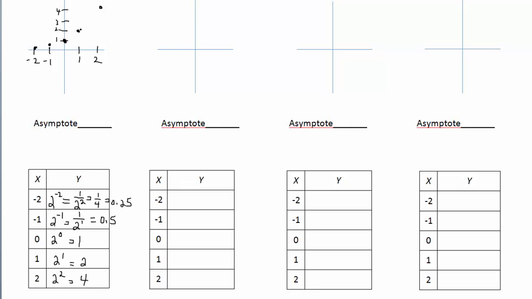And let's make a prediction about what the graph would do if it continued to the right. Well, it looks like it's going to get more steep, the graph that is. The y values are going to get greater. Let's make a prediction over here. What would happen if I traveled to negative infinity? That would mean I'd have values in my table like negative 3, negative 4, smaller than negative 2, and those outputs would be less than 1/4, which means they're going to get really, really close to the negative x-axis. So I'm going to try and draw this graph so that it's not touching the negative x-axis, because it won't,